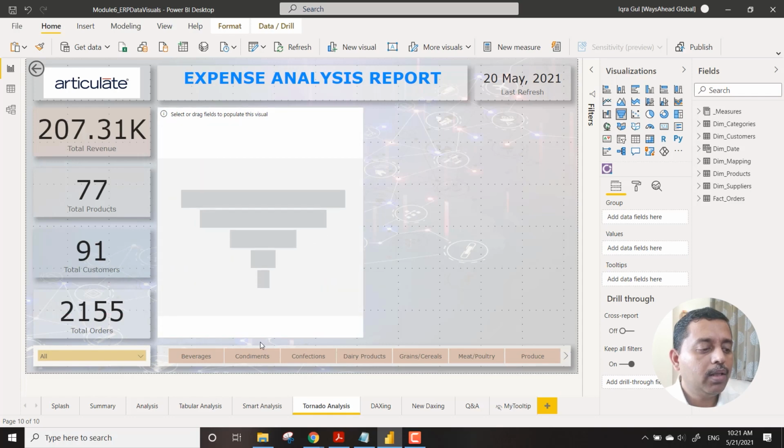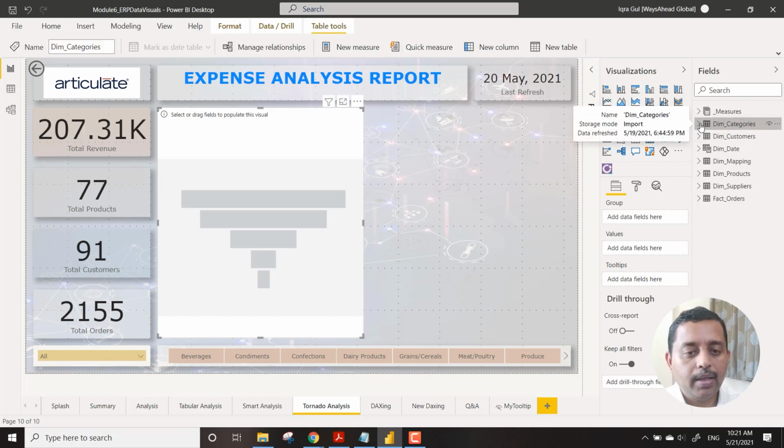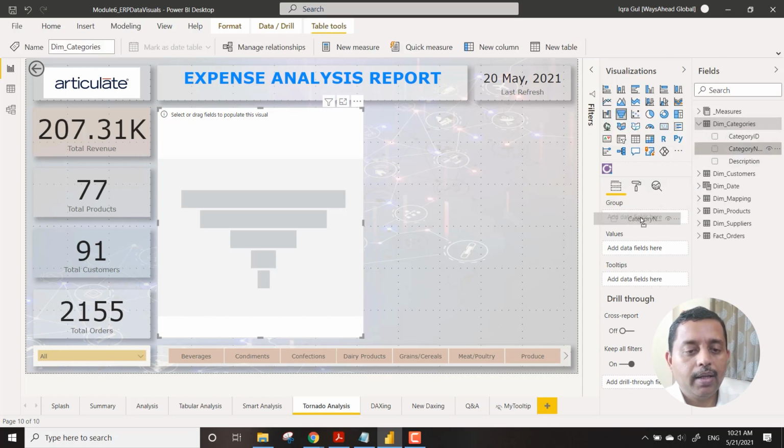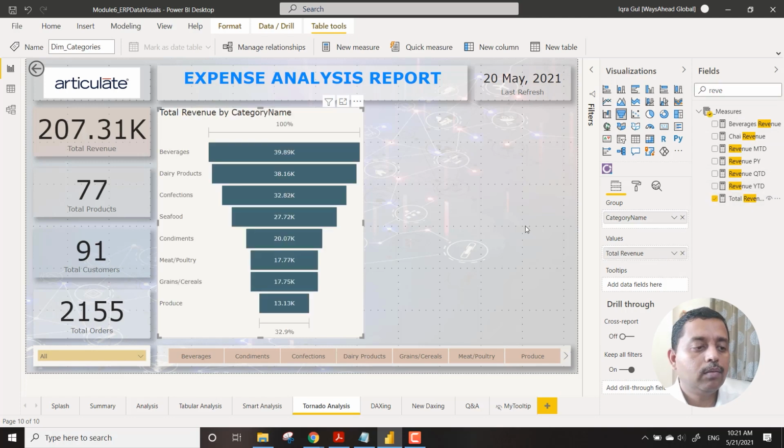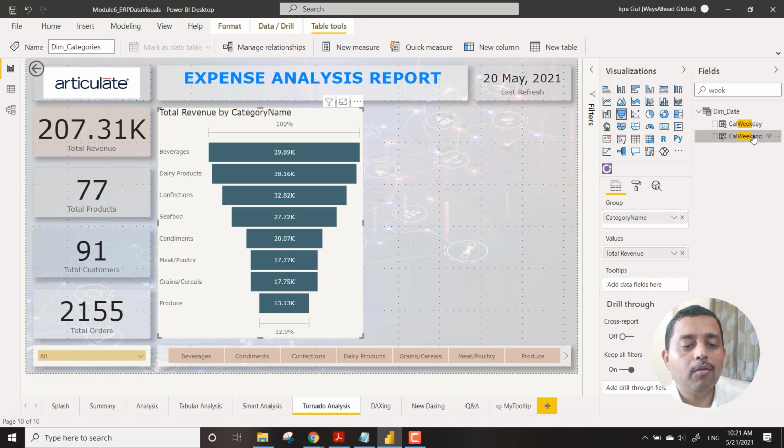We bring up a funnel chart like this, and we bring in, let's say, the product categories. We have the category name, and we have the revenue like this. It showcases. And then we decide that I wanted to see how much revenue we got in a weekday or a weekend.